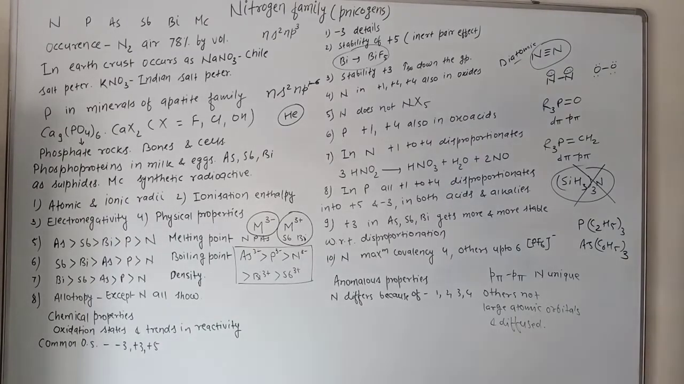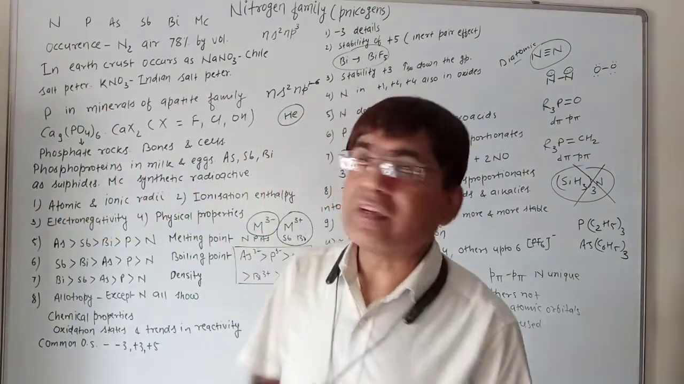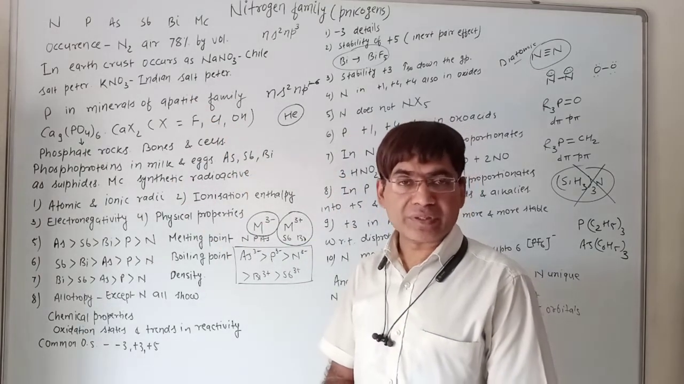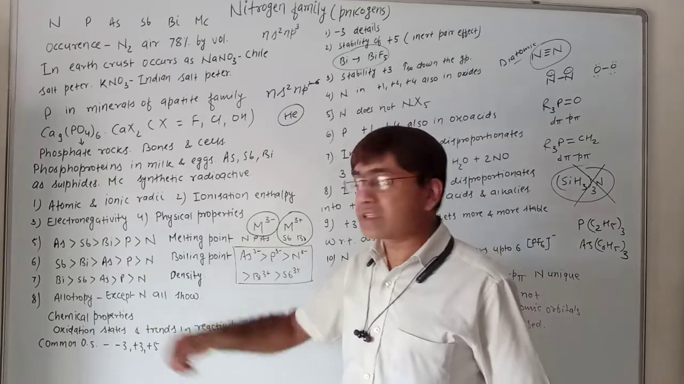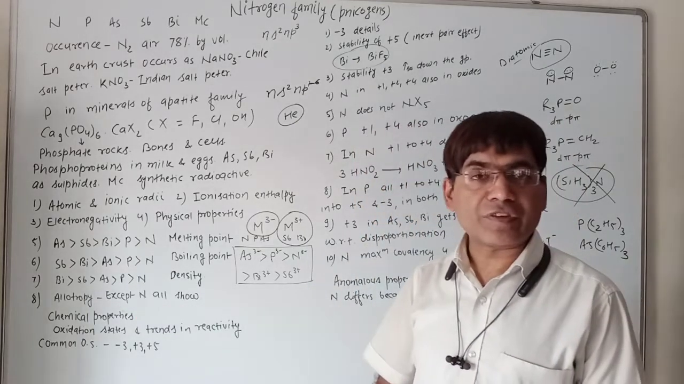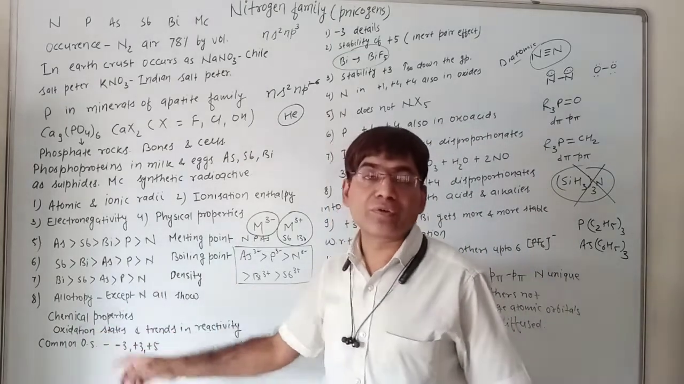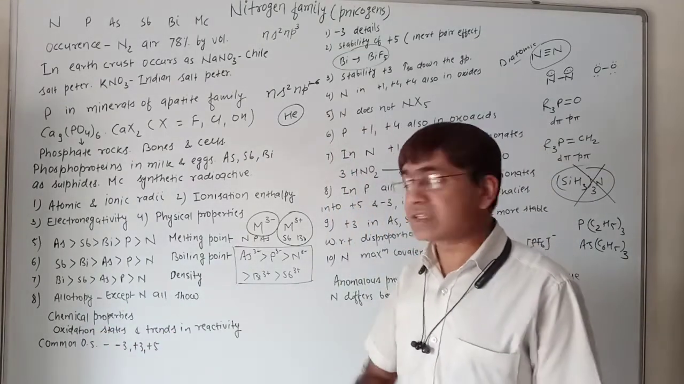So we were discussing the nitrogen family. In that, we have discussed the periodic trends and occurrence of the group members. Now we'll be discussing the chemical properties of nitrogen family members. In chemical properties, the very first thing which we are going to discuss is the oxidation state and trends